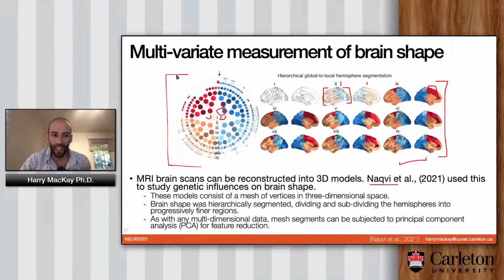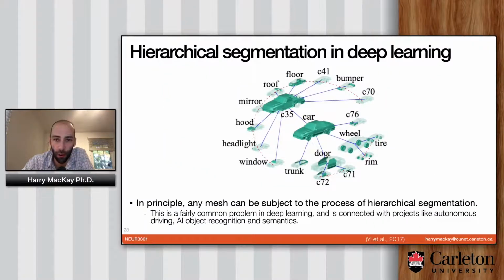So you've got this kind of multi-dimensional data set that's been clustered or decomposed from the three-dimensional brain. And I wanted to point out that this is not something only for neuroscience. This is called hierarchical segmentation, and it's actually a pretty important part of deep learning and AI in general. Any three-dimensional mesh could be subjected to the same process. It doesn't have anything really to do with the brain. It's just that you could apply it to the brain and get kind of unsupervised segregation of the brain parts, which is nice. So here's an example of this from a paper done in 2017 showing how it can be